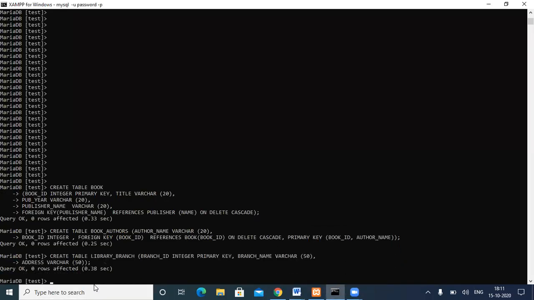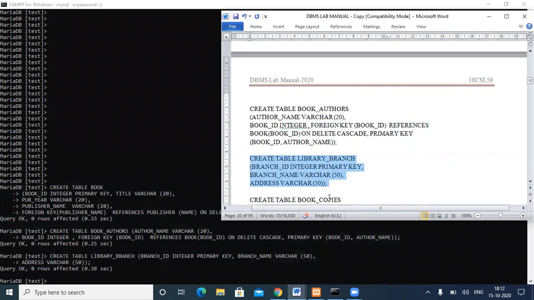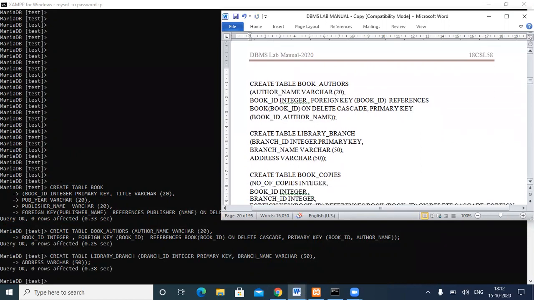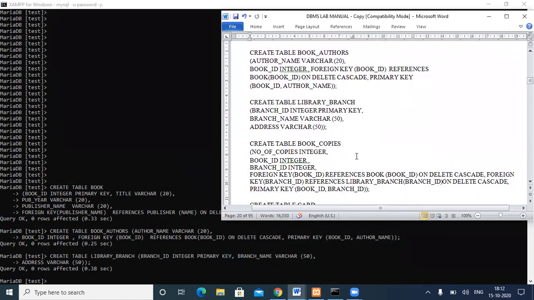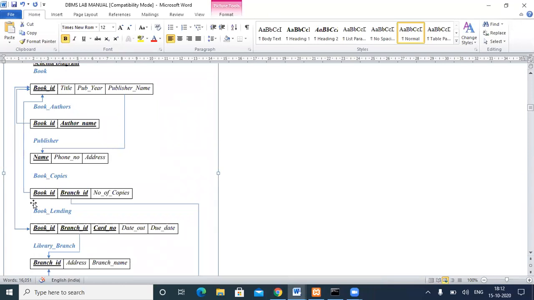So it is created. Then we'll create book copies. For book copies, we have a lot of constraints here. Under this book copies, these two are primary key, and this book ID is referencing the book table, and the branch ID is referencing the branch table.